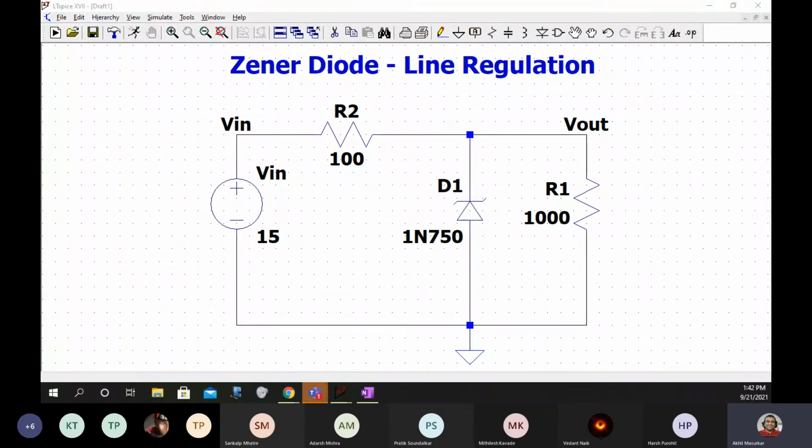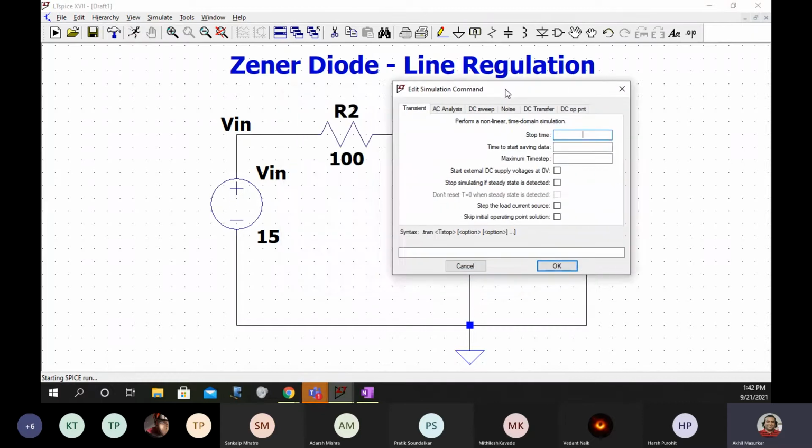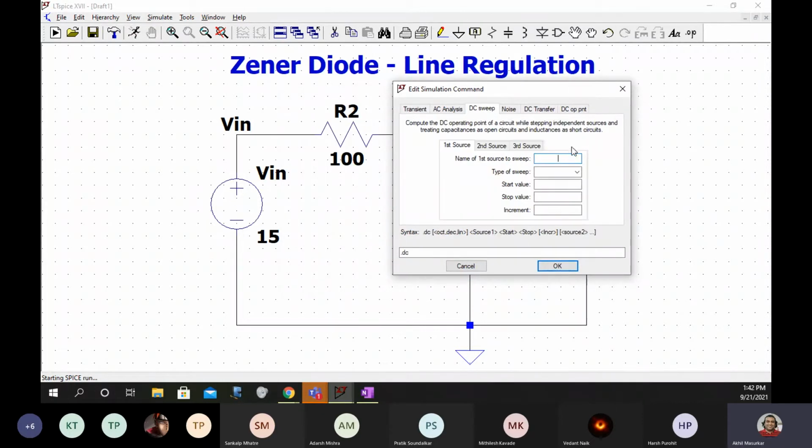Now let's simulate this. Everything is in place. But this time we want to sweep this input. So I'll say DC sweep, and sweep this V in in a linear way.